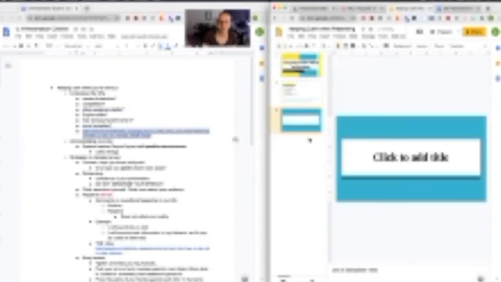So I can also choose, let's say, a section header here, and I can say, now we're going to shift into, let's see, the first one was the why, so strategies to manage nerves. Woo! Yay! And then maybe my next section, I could have a main point slide, the strategies to manage